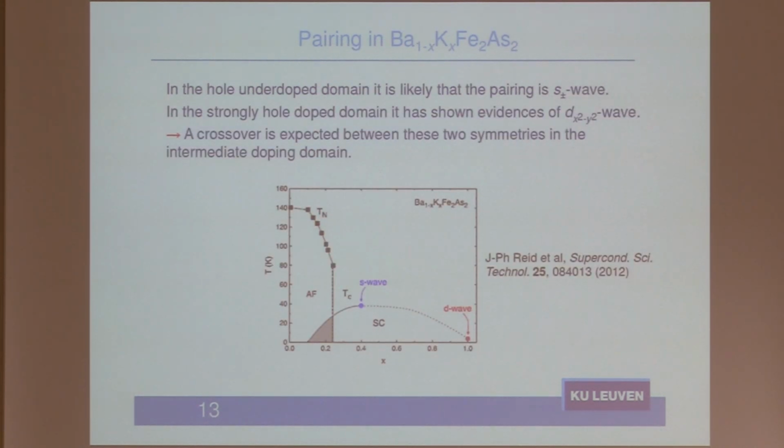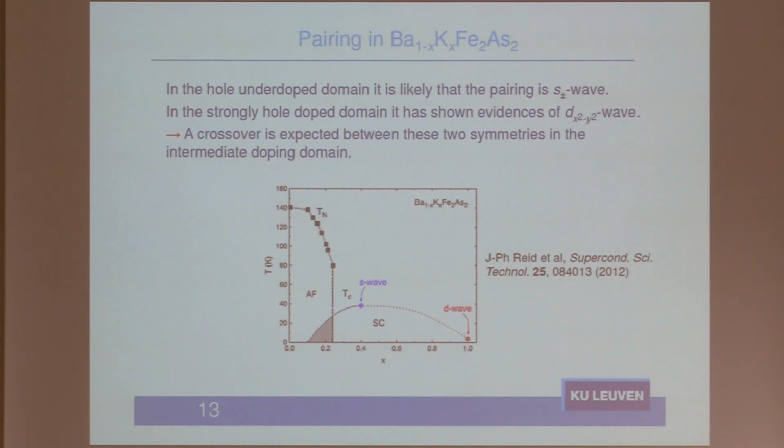So what kind of Fi should we take? These are the S, dx square minus y square and some other components. So what do we know about hole-doped 1-1-1-2 materials? We know that in the limit of extreme hole doping, we have a D wave. This was established. In another limit, we have an S wave type. And we are somewhere here, and they should cross somehow. This is the energies of these two states. And if they are crossed, we should have here some quasi-degeneracy of these states. This is the basic thing which we use to explain these experiments.